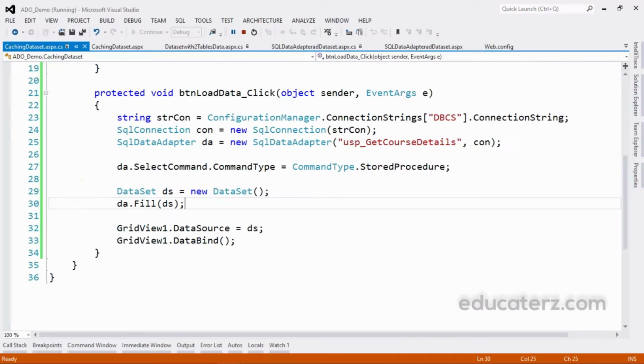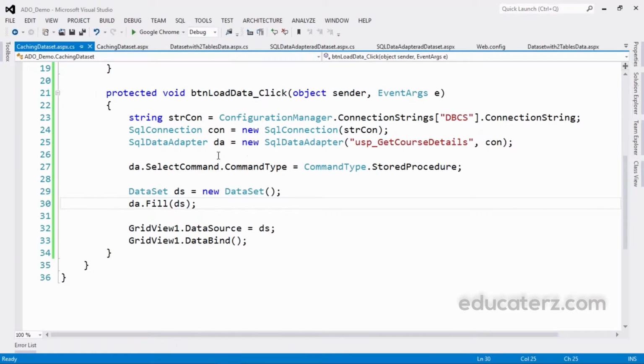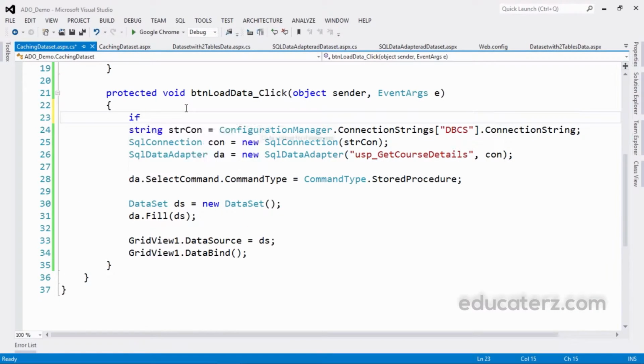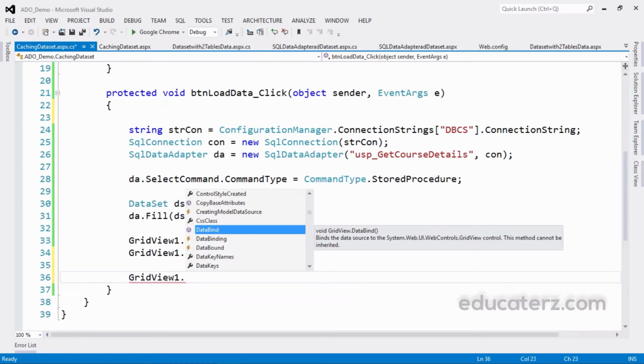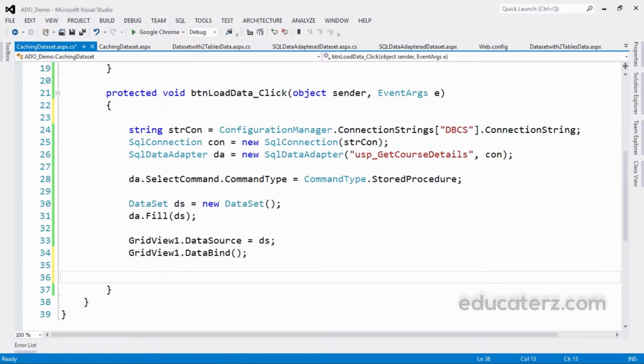Now what I'm going to do is, after filling the data in the grid view, I'll use the cache.